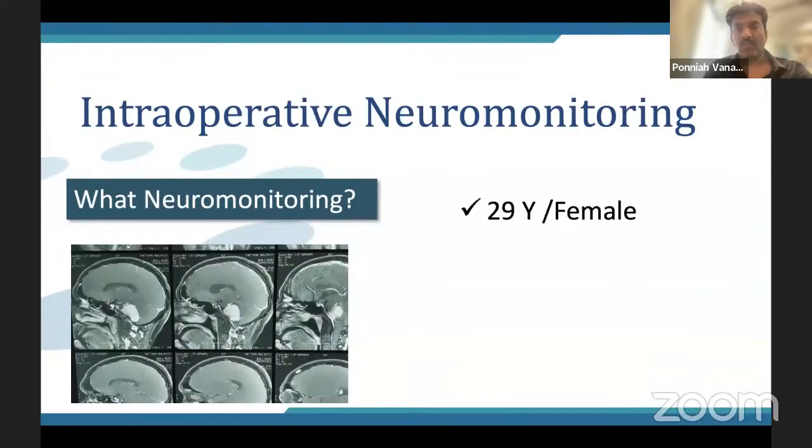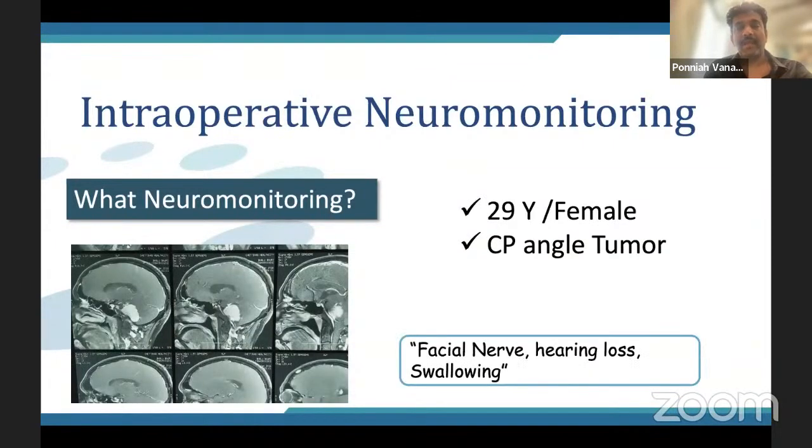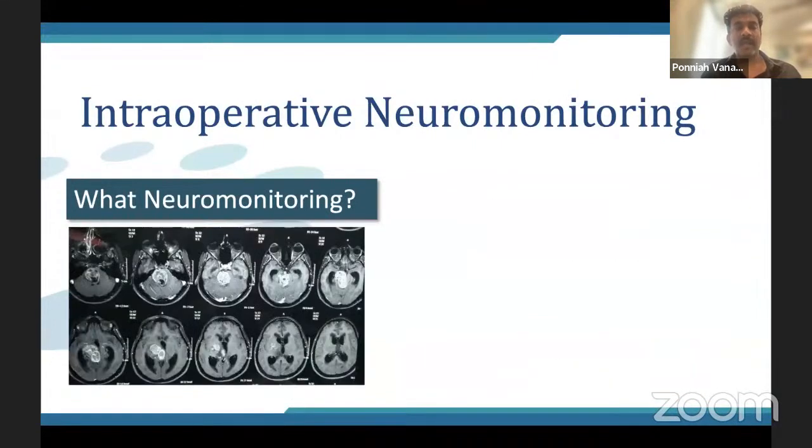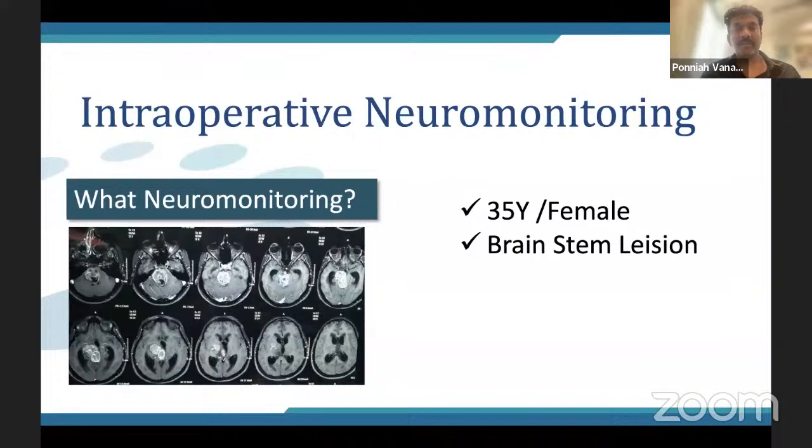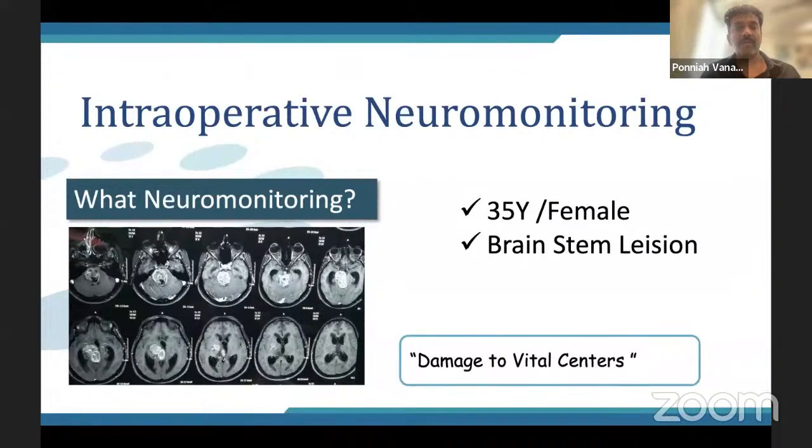This is a CP angle tumor in a young lady, who can develop a facial nerve weakness, hearing loss or swallowing impairment post-surgery, that we have to prevent. So she will need intraoperative neuromonitoring to alert the surgical team and prevent a complication like this. And in a middle-aged female with a brainstem lesion, it's important that the surgeon does not damage the vital centers